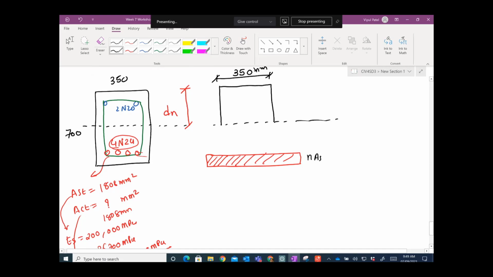Let's say nAST equal to, we just calculate it. Let's calculate it again here. 1808 times 7.5 equal to 13560 millimeter square. Now here we have these steel bars, 13560 millimeter square. Now we can just replace this bar here as well, the top one, which is under the